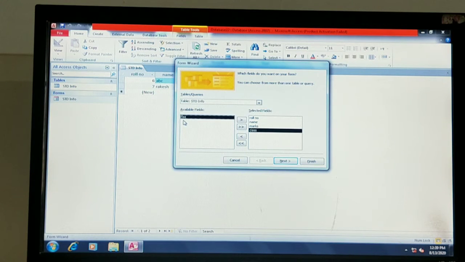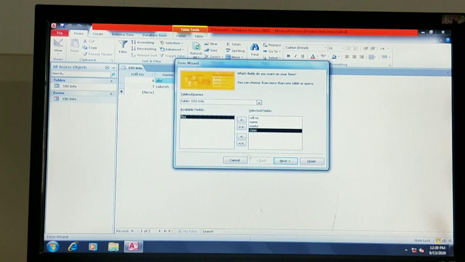Now I will not take the fees. I don't want the user to enter fees, because fees are related to office work. So why should fees be available for the user? It is not a good practice to fill the fees column. So for the form I have taken the fields roll number, name, marks and class. When I generate the form, in that generated form you will get only the selected fields, not the fees.